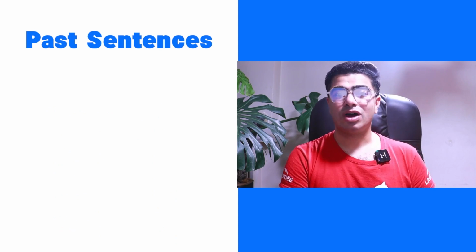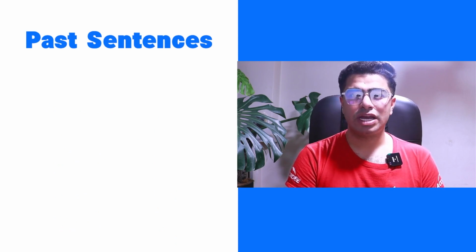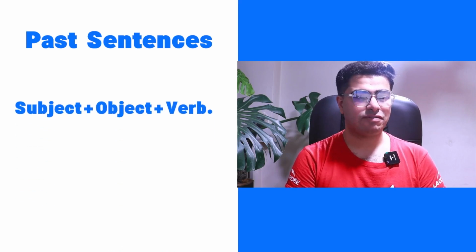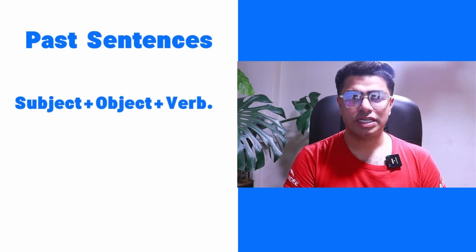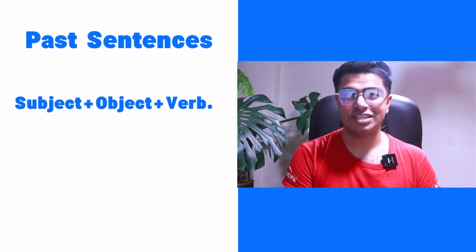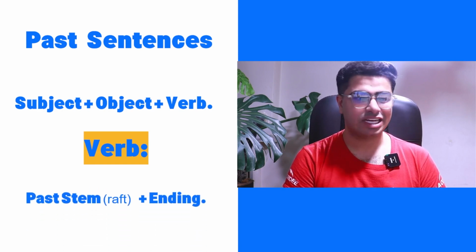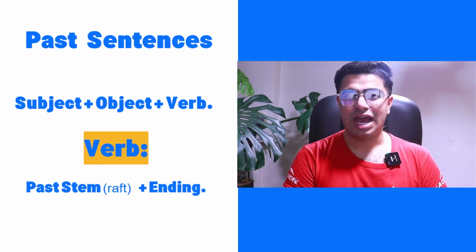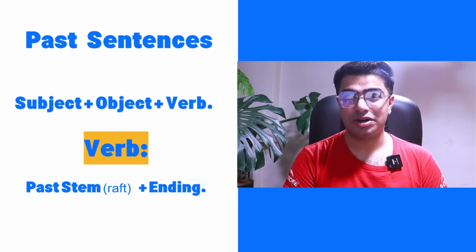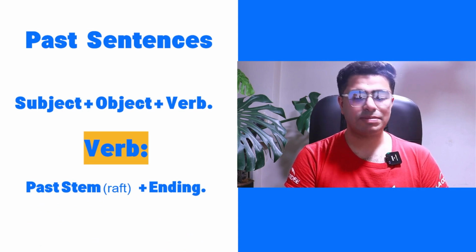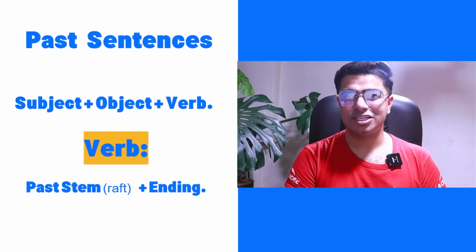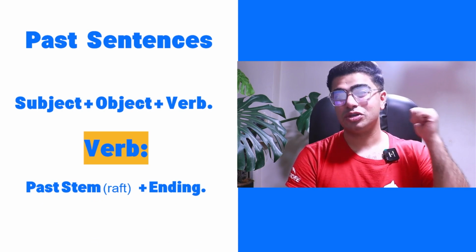It's time to talk about past sentences. Usually when it comes to Farsi sentences, it almost follows the same patterns and structures, not only for the past sentences, but for all the sentences in Persian. This is as follows. Subject, then the object, and at the very end of our sentences, we have the verb. And when it comes to the verb, that's the only part that changes in the sentence. And we got the past stem here, and plus an ending, which we'll be learning together in this video. The past stem, as I told you, is raft. We just add an ending to it, we create our sentence,